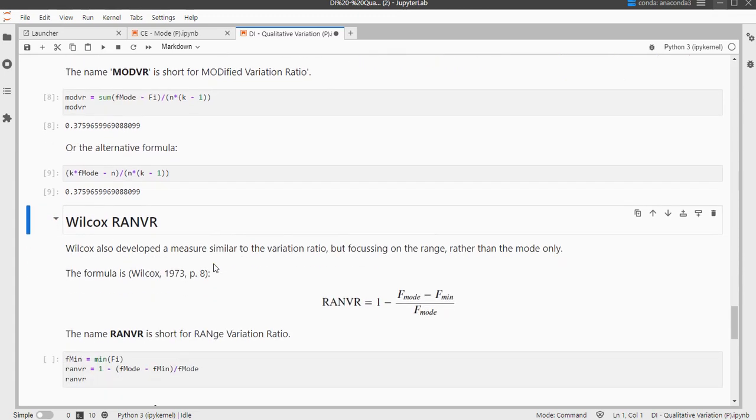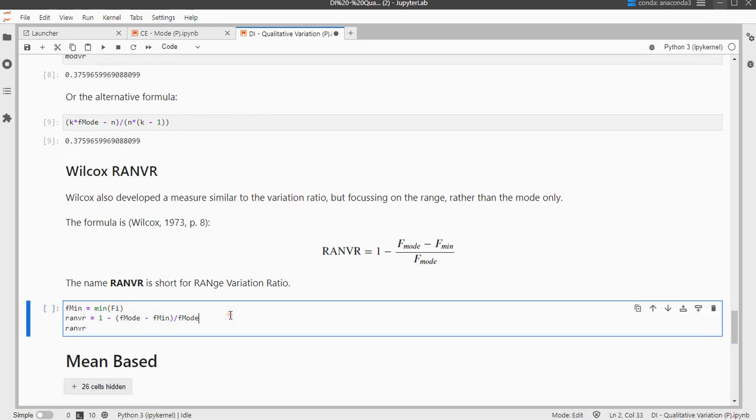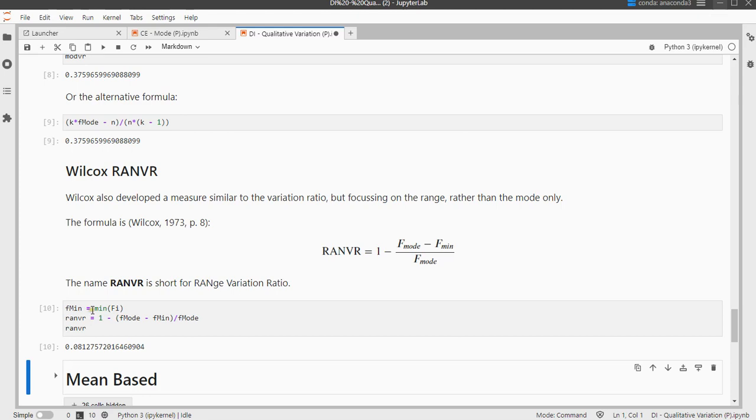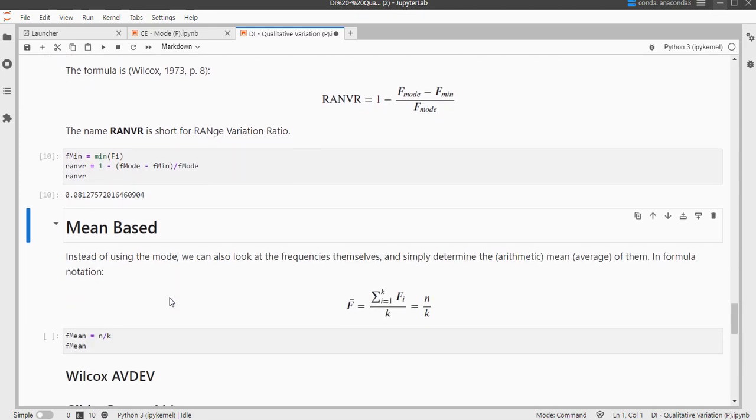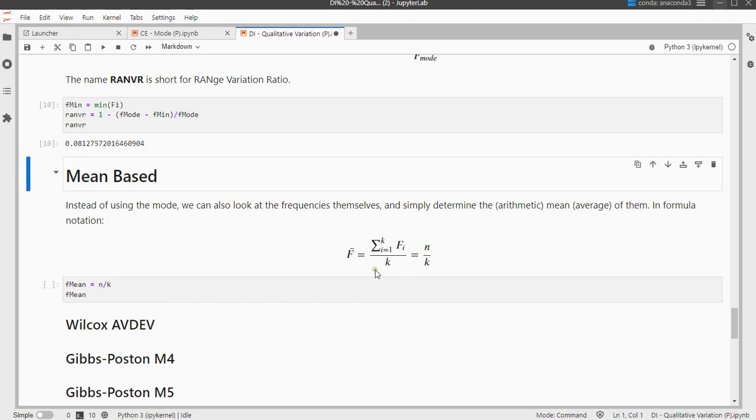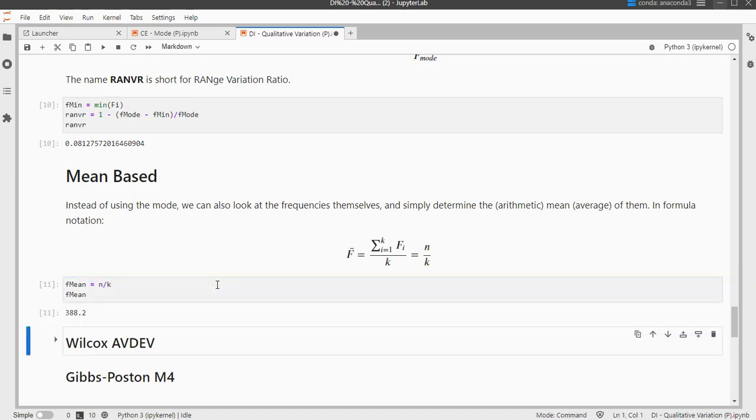Wilcox also had one for a range variation ratio, so it's using the maximum frequency, the mode, minus the minimum and divided over the maximum. And again do a 1 minus in front of it, and we can simply use the min function to get the smallest one. Then there are quite a few on the mean base, so they actually average the frequencies, which should be the same as just the total frequency divided by the number of categories, which is